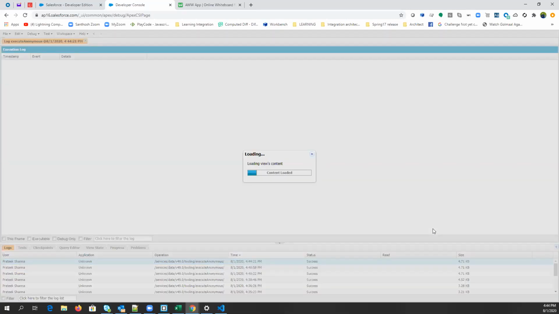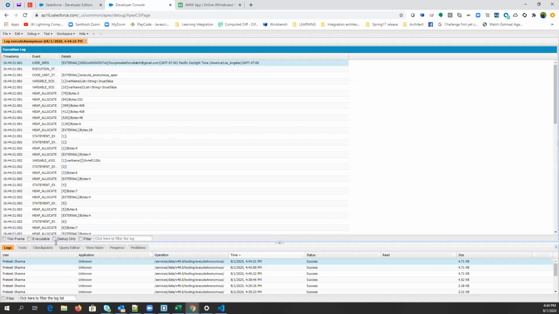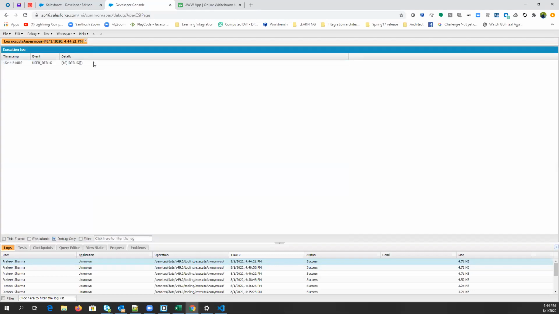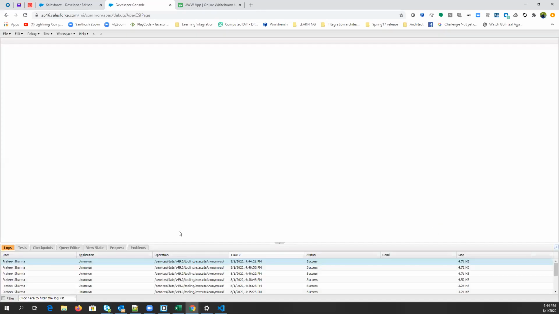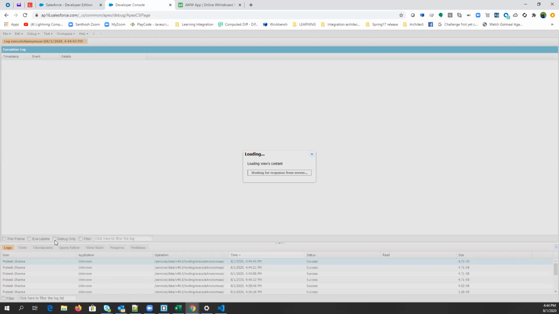What do you think will be the size of that list now? We are not getting any values, so what will be the size here? If I print the size, it will be zero.